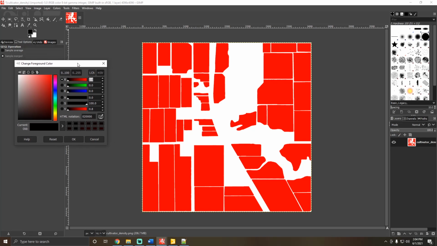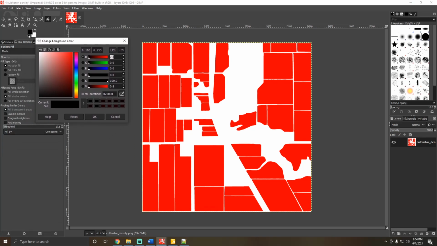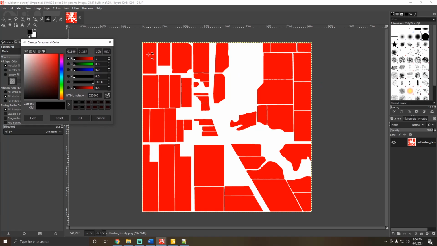I'm going to go in here and change our bucket fill. Let's make sure we have bucket fill. All right, so we're just going to go just like Farmlands. Field 1, 2, 3, 4, 5, 6, 7, 8. Okay, so I'm going to do field 1. I'm going to do a couple of these. 2, just to show you what it looks like. 3,